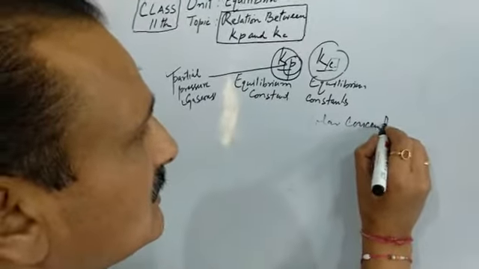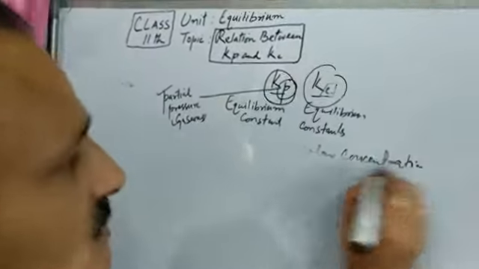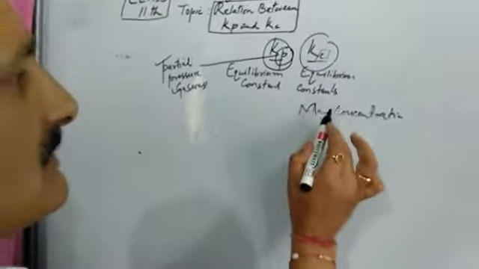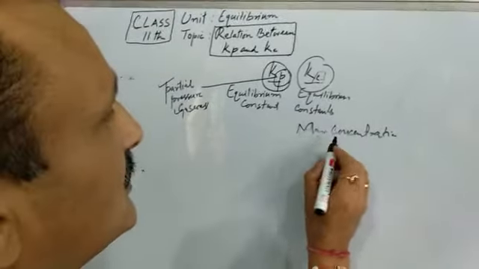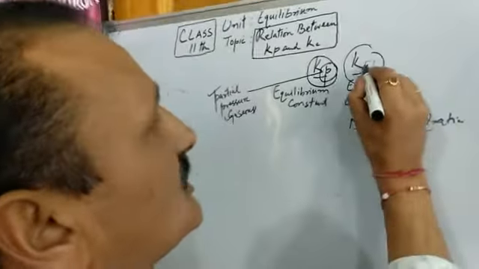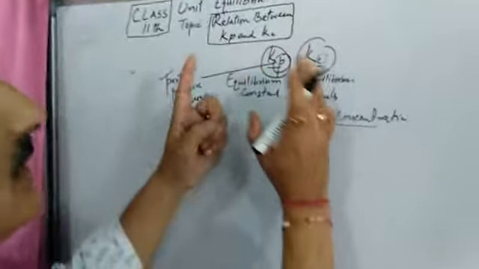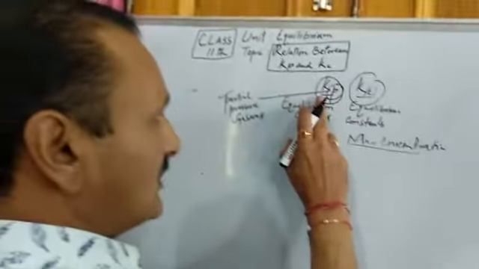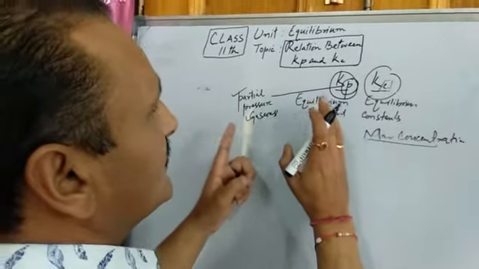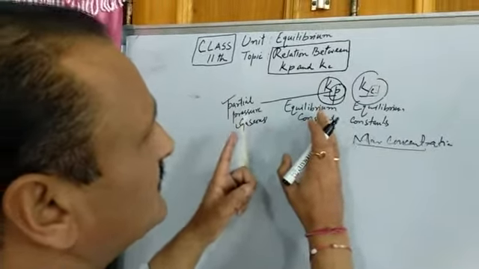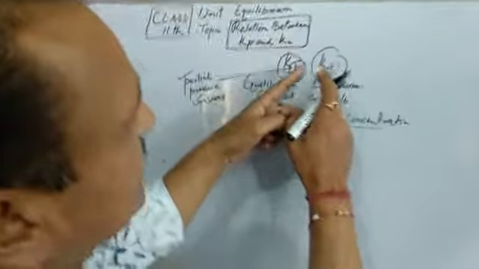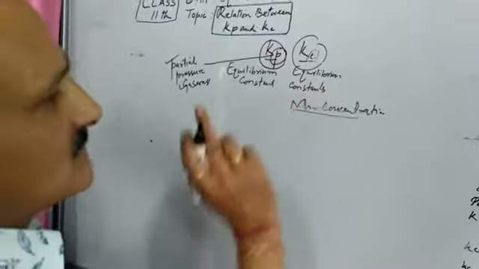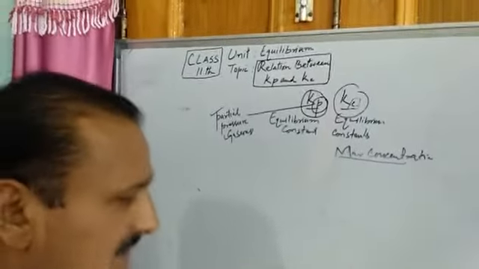Molar concentration. So your Kc is also an equilibrium constant in terms of molar concentration. C for concentration. So both are equilibrium constants. One is in case of partial pressure when reactants and products are taken in gaseous phase, and the other constant, Kc, is taken when we take into account the molar concentration of reactants and products.